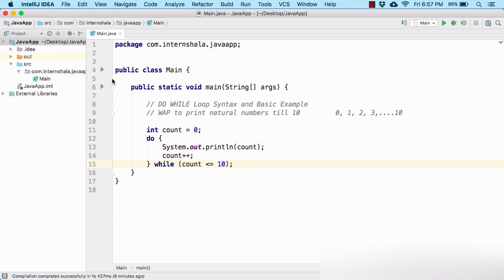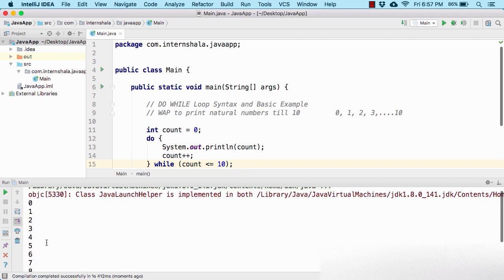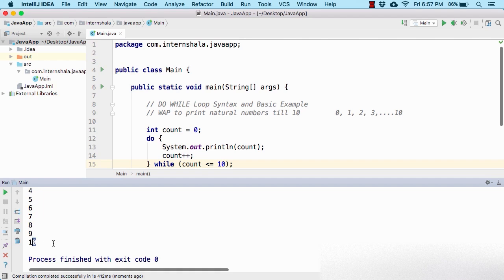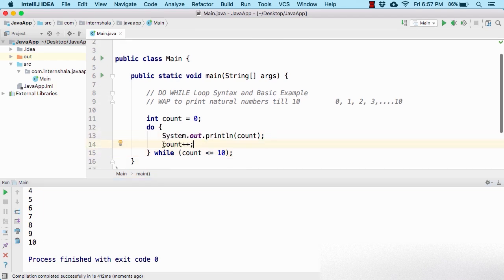So let us now run the code. So there we go, we are getting the desired result starting from 0 and ending at 10. So with each iteration, these two lines of code are executed and the value of count is incremented starting from 0 till 10. And when this condition becomes false, then it simply breaks out and these two lines of code